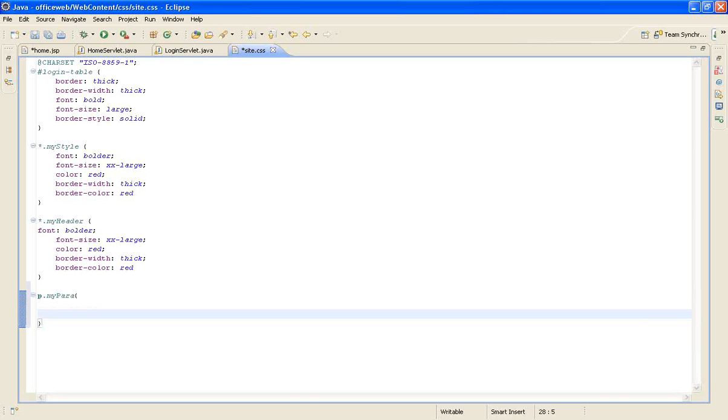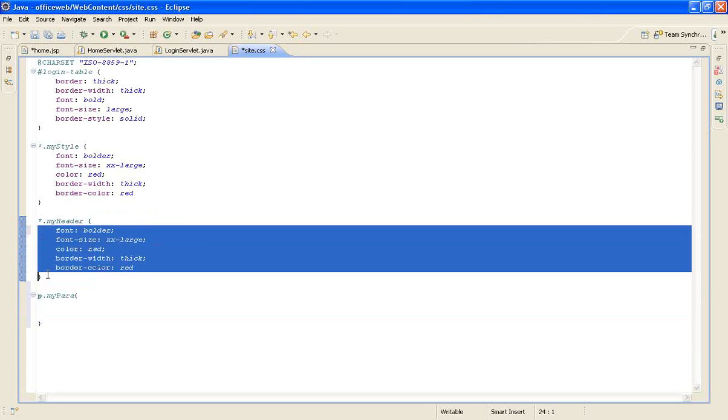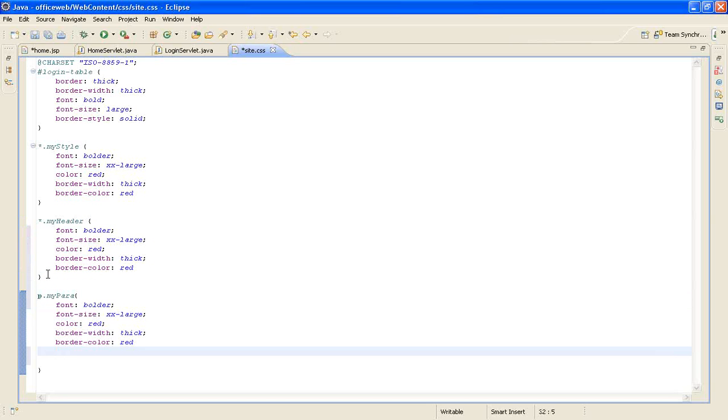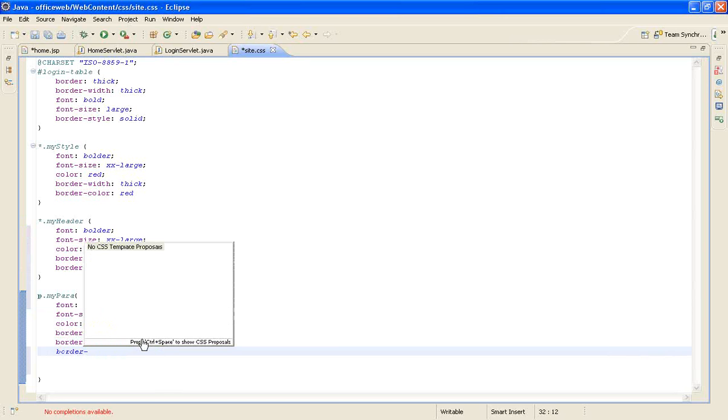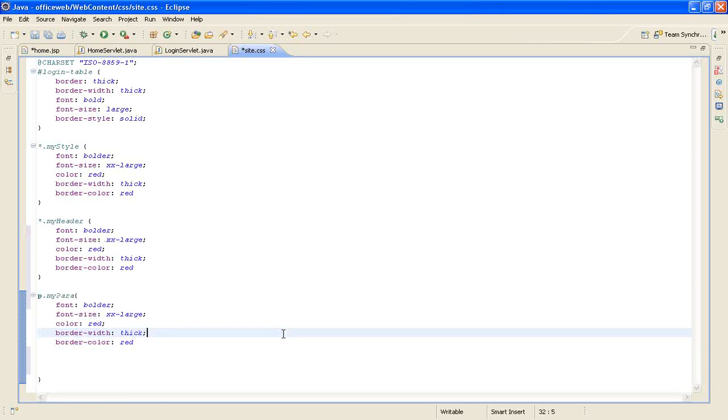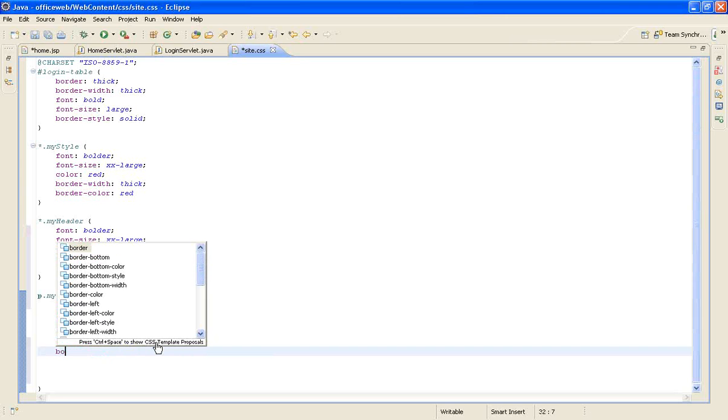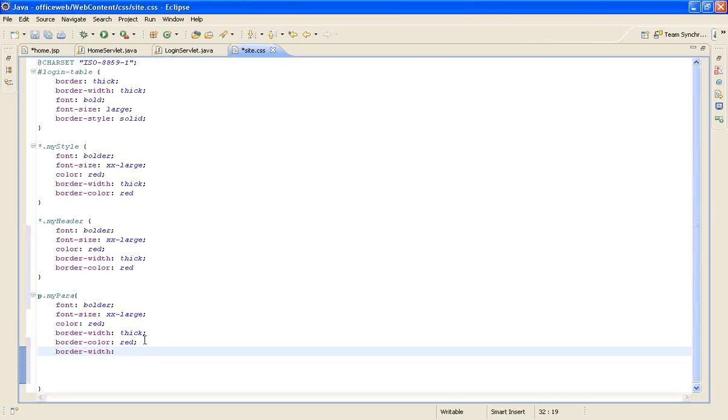So I'm creating one new style, and I'm not so good with creativity, so I'll just copy whatever is there. Red border. Sorry, I have to put a comma here, semicolon here. Border width is already there.